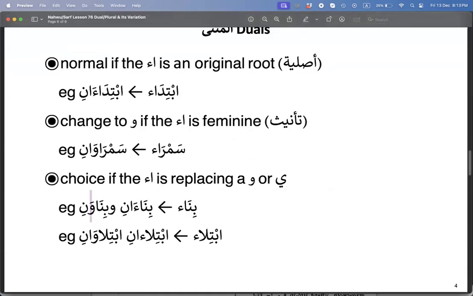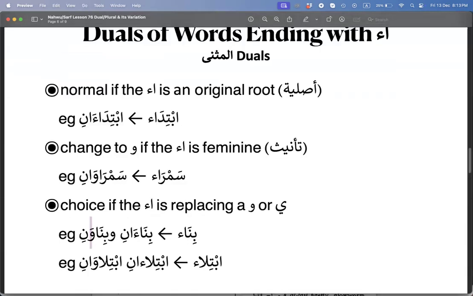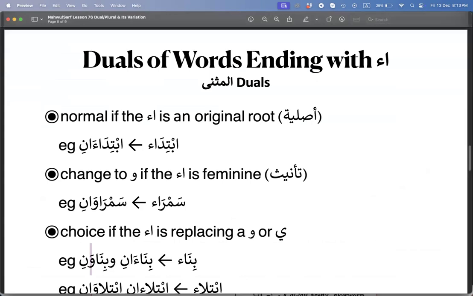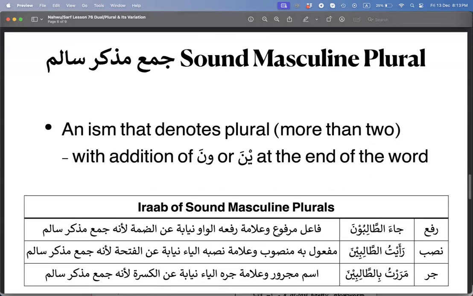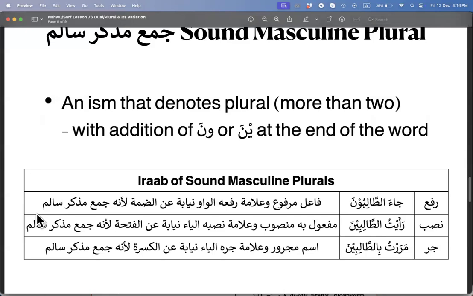Okay, next one. Any question for the verbs? No? Okay. The next one is we are talking about jamak muzakkar salim, sound masculine plural. Of course this denotes more than 2 in Arabic. Plural is more than 2, 3 or more meaning. And then it has una or ina at the end. We know all this. We know the i'rab is going to be marfu bil waw, mansub majrur bil ya,